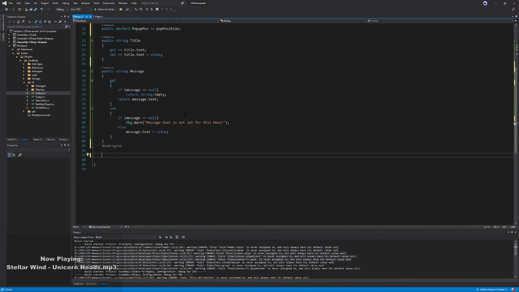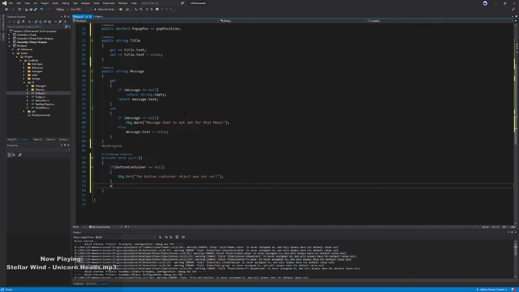Okay. Now when we awake, we need to check the button container, because we're dependent upon that now. We must have a button container. Let's be nicer. A button. Let's say it like that. Yeah. Otherwise,